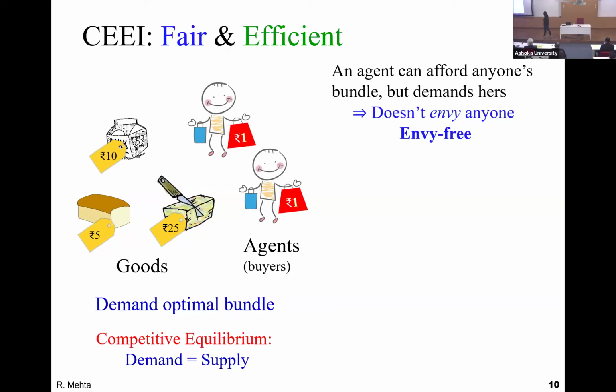Why do we care about it? It immediately gives us envy freeness. Can anyone say why? The resulting allocation. So assume everybody has exactly the same amount of money. You set some prices, they buy what they like, and that defines the demand, and demand meets supply. Okay, so we are at competitive equilibrium when everybody has equal buying power. I claim that whatever they buy, the resulting allocation has to be envy free.